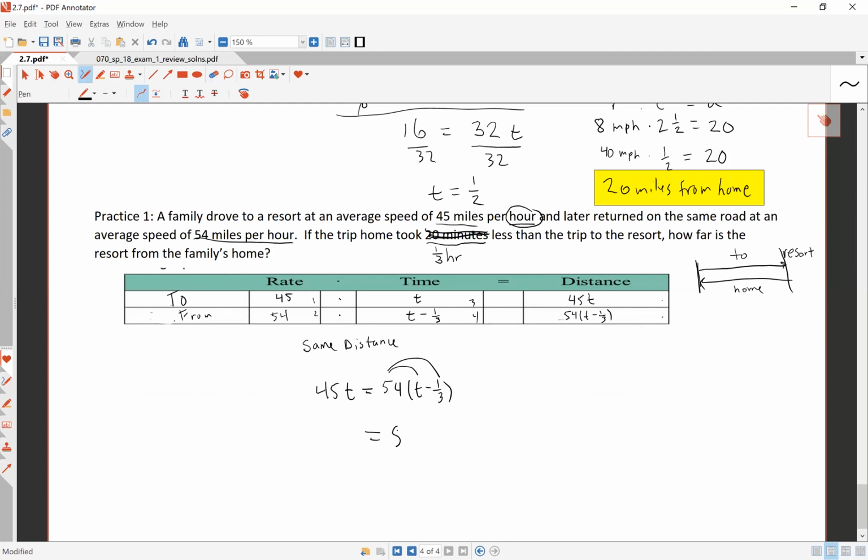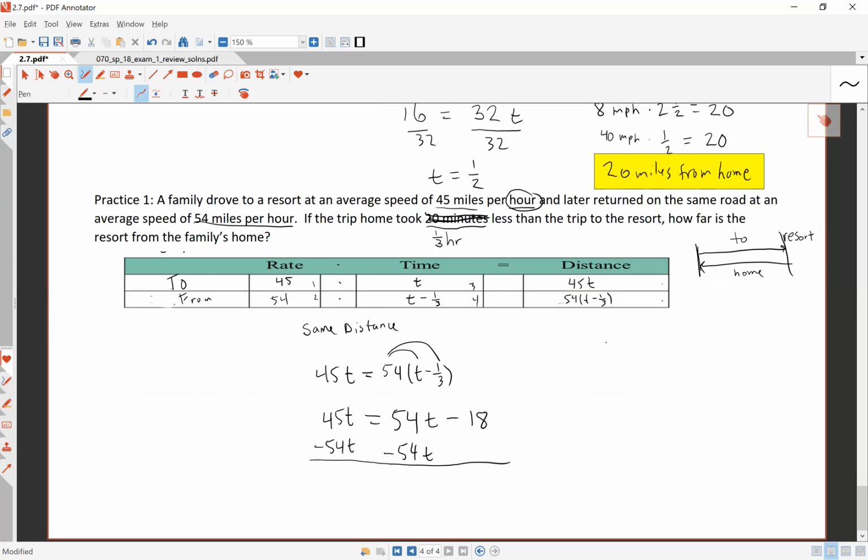We solve that by distributing the 54 across. 54T minus 18. And we subtract 54T from both sides. 45 minus 54 is -9. And so we divide by -9 on both sides. T equals 2. So it took us 2 hours